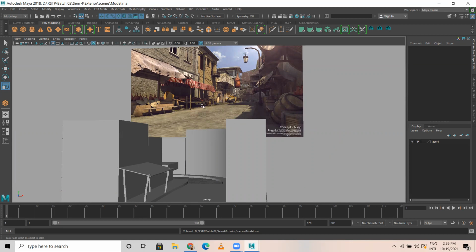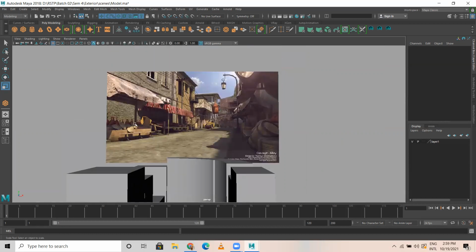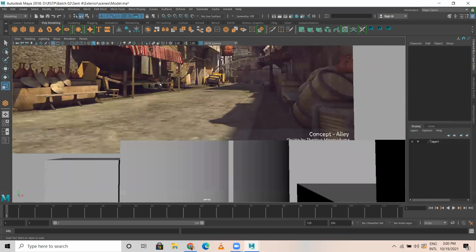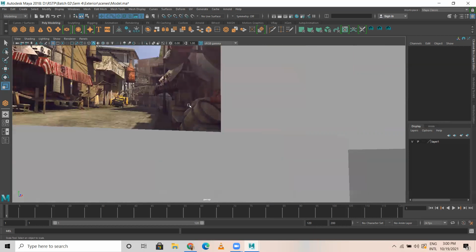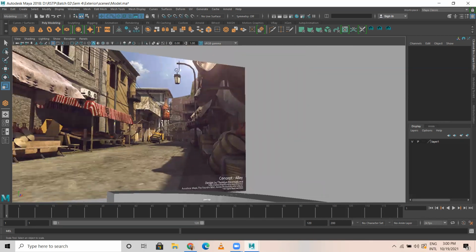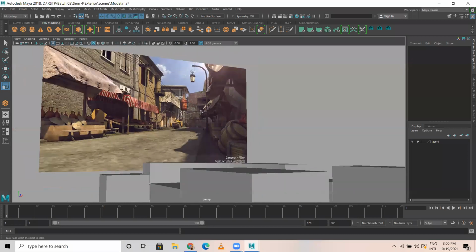I suggest you create the base model. Let us do the detailing in the next session. I want you to create the base model. The base model consists of all the buildings, these canopies, and some tables. Let's say these are the tables or placeholders, whatever you call them. If possible, do the barrels and the boxes as well. However much is possible, try to do. Fine.